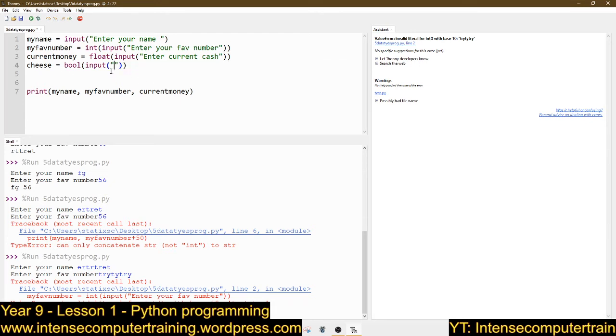If you do it that way, you won't miss these out, because the bane of our lives when we're teaching is people just missing one of these, not spelling that right. A lot of people put input like that. I see that a lot. Bool input, and then there's do you like cheese? Now I'm not sure what you've got to type in when you specify your data type here, so that'll be interesting for me, because as I keep telling all my classes, I don't really program in Python. I just use it for schools because it's a training language. It's really simple for kids to pick up. But Python does some really odd stuff which in most programming languages it won't let you do.